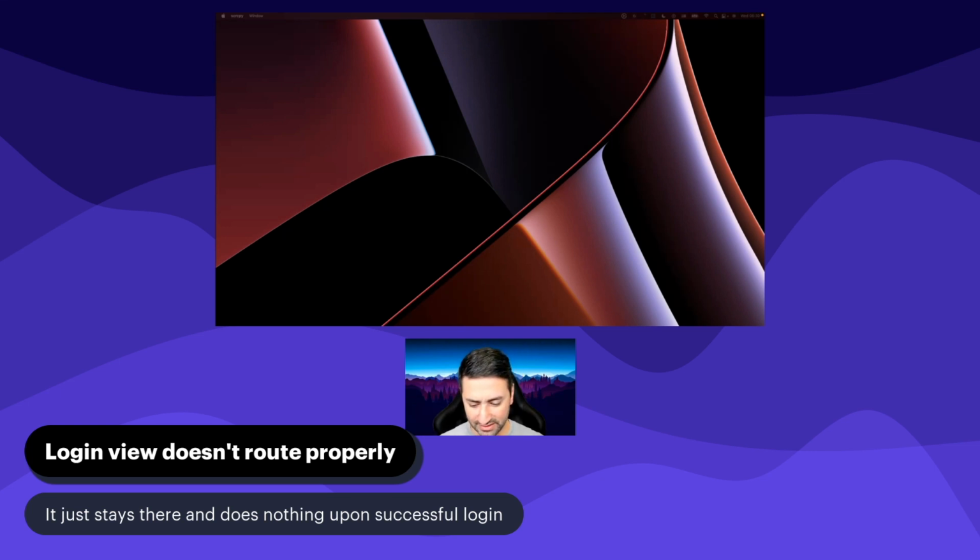So as you can see here, it says the login view doesn't route properly. It just stays there and does nothing upon successful login. And that's exactly what we're going to address in this chapter. This chapter is going to be quite a short one because all we're basically doing is some cleanup, and we're going to go from the login screen to the login view to the notes view, and we're going to remove some